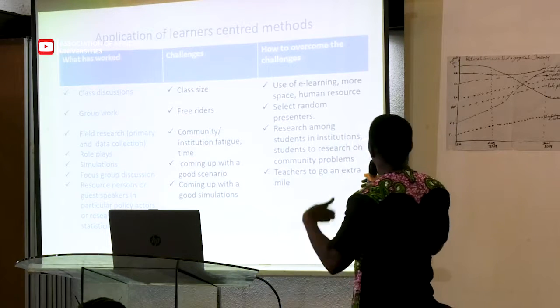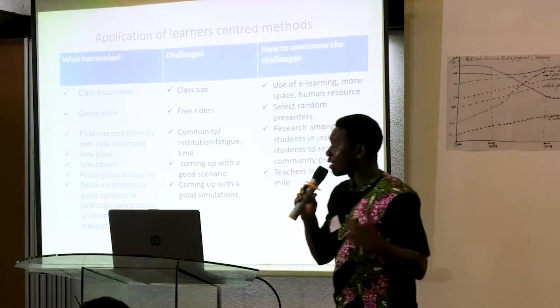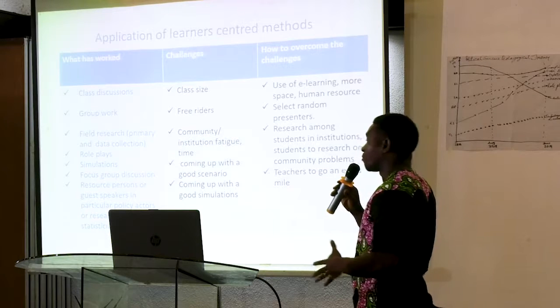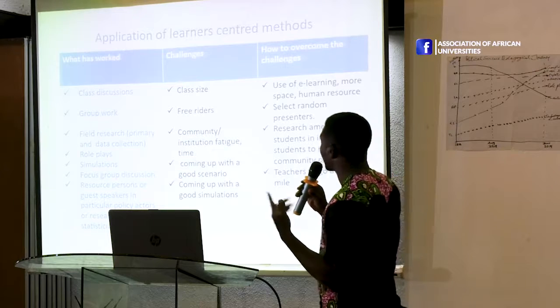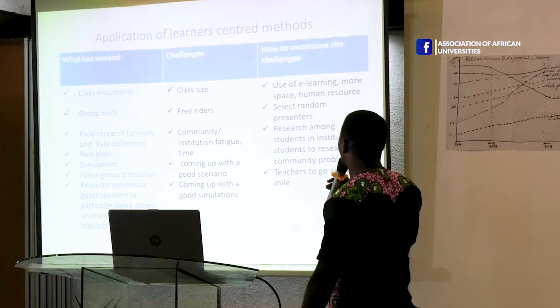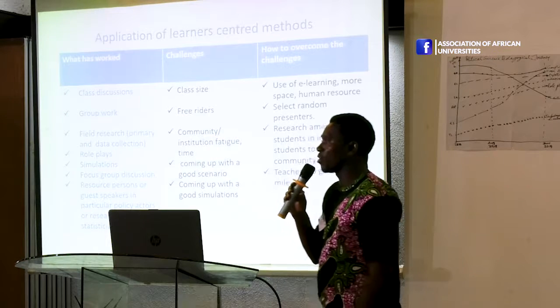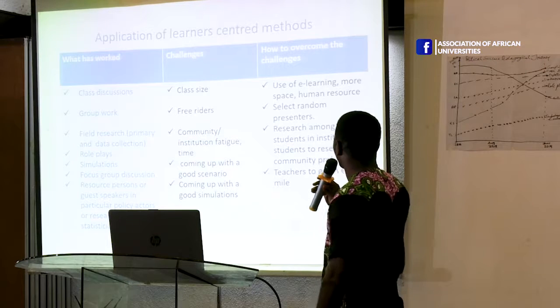So we're saying the presenters must be selected at random, as we saw in the presentation last time. The person that will be presenting, you just choose randomly. You can use random methods of choosing just one person, and then that person is going to present. So if the person is not well prepared, that person will be scolded for not doing good work and not being a part of the group, and his colleagues will blame the person for not working.